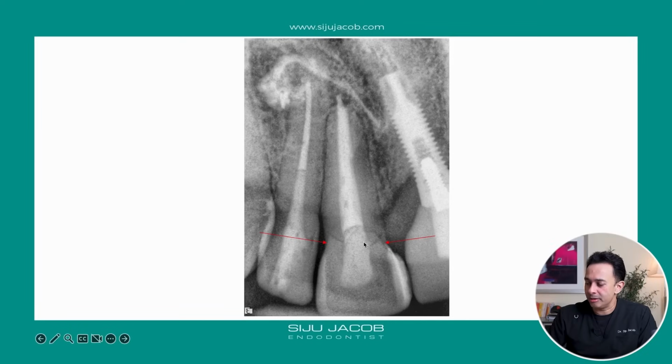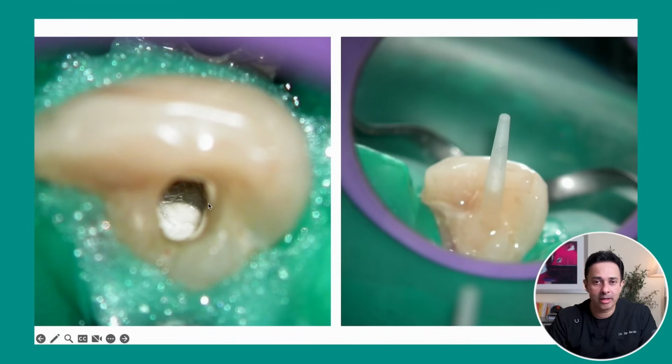So this is the danger. If you get these sort of fractures cervically, then it's a problem. So one has to take some measures. And what Marga advocates is to put a thick fiberglass post, and that's something that I've been following for the last 15 years or so.